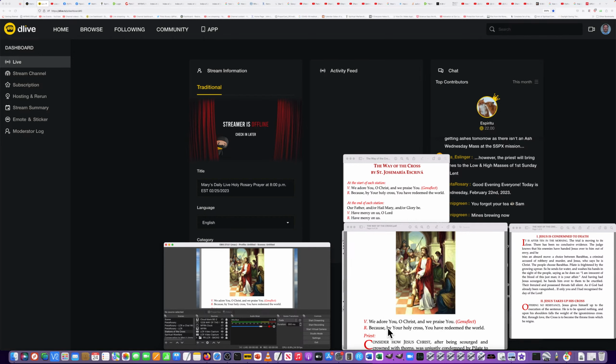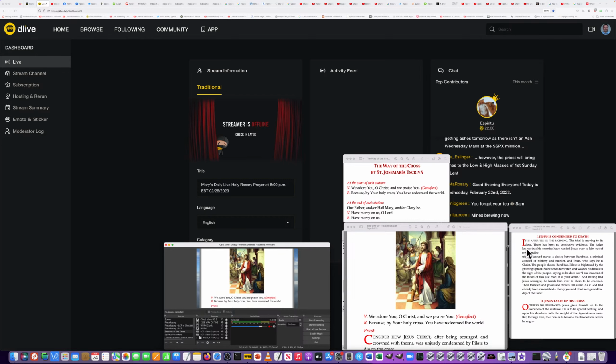once we do the genuflect, and, because of your holy cross, by your holy cross, you have redeemed the world. Then this is what I'm actually reading over here. It's after 10 in the morning, and the trial is moving to its close. So this is where I'm reading them for each